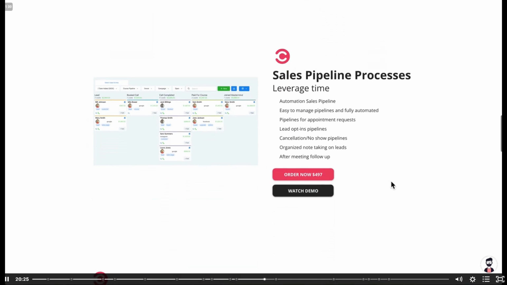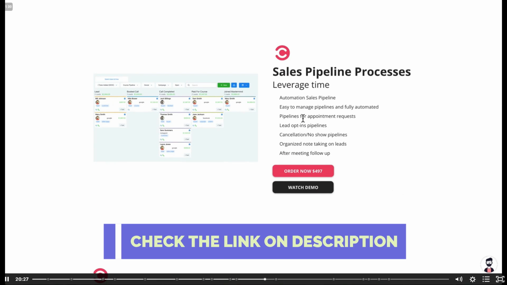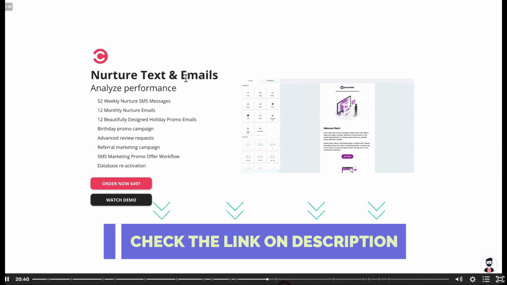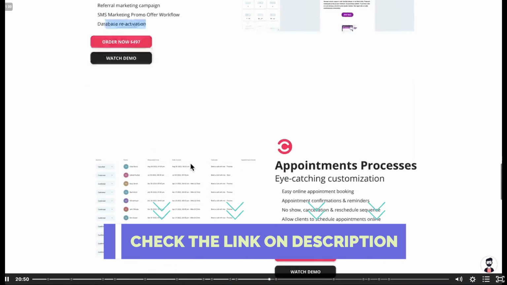This is all stuff you'd have to build out over the years and/or months down the line, but instead you can have it all pre-built for you on day one. Automation to your sales pipeline, cancellation, no-show pipelines, after-meeting follow-up, lead opt-in pipelines, nurture and text and email sequences already pre-built for you for 12 months, 52 weeks, beautifully designed promo emails, referral marketing campaign, promo offer workflows, database